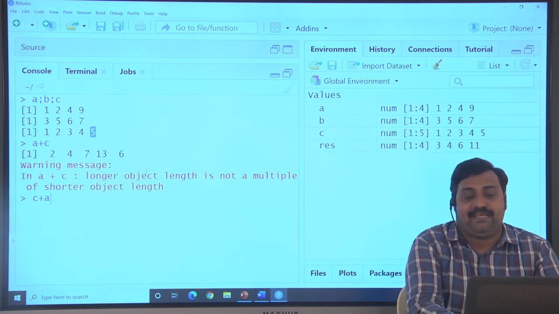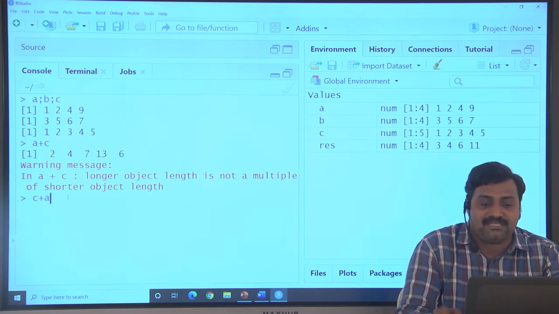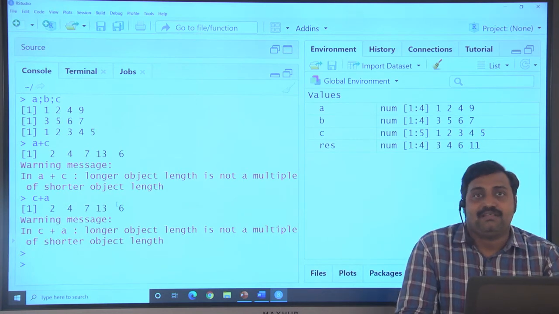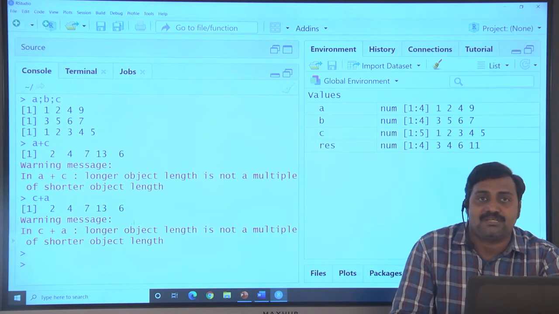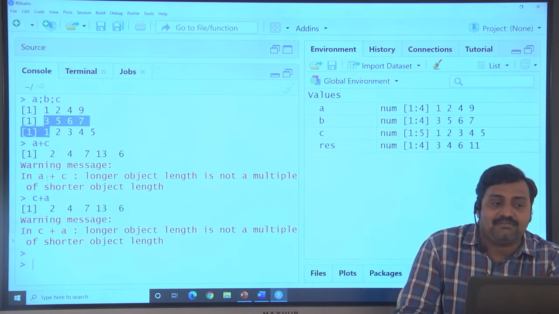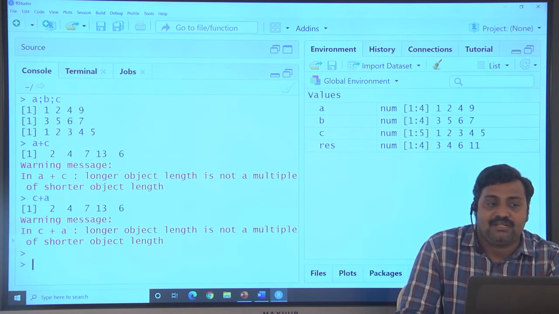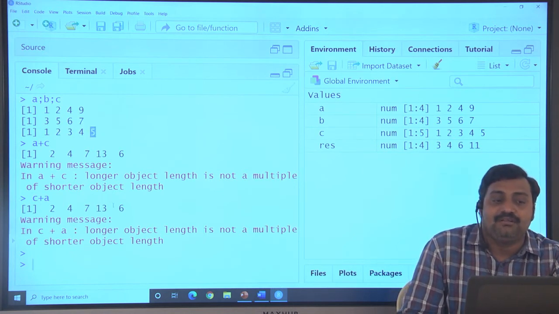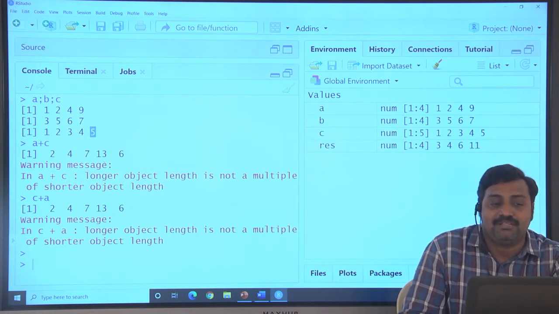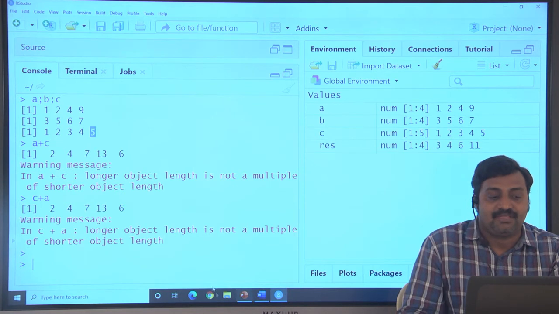Now reverse, C plus A. Similarly, the length of C is greater than A, but the addition still happens: 1 plus 1, 2; 2 plus 2, 4; 3 plus 4, 7; 4 plus 9, 13. 5 is available and there is no value for A, so the first value is added.